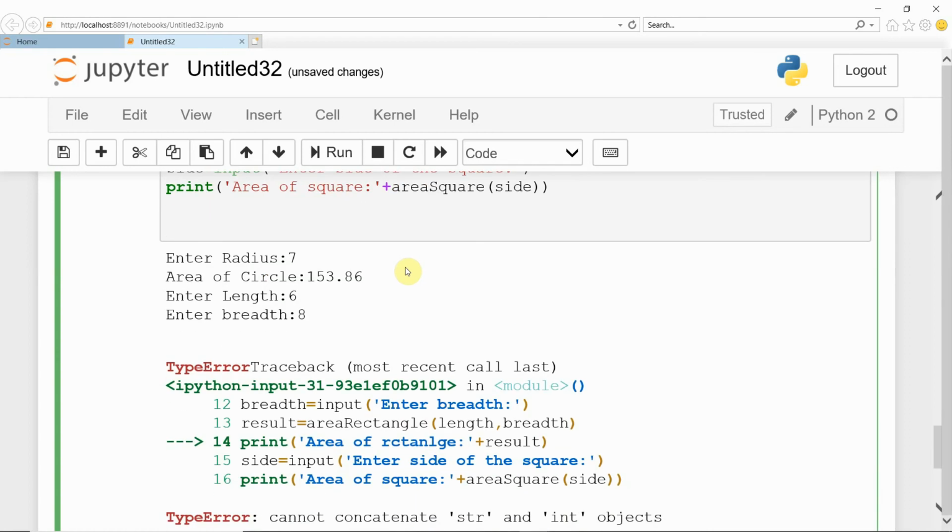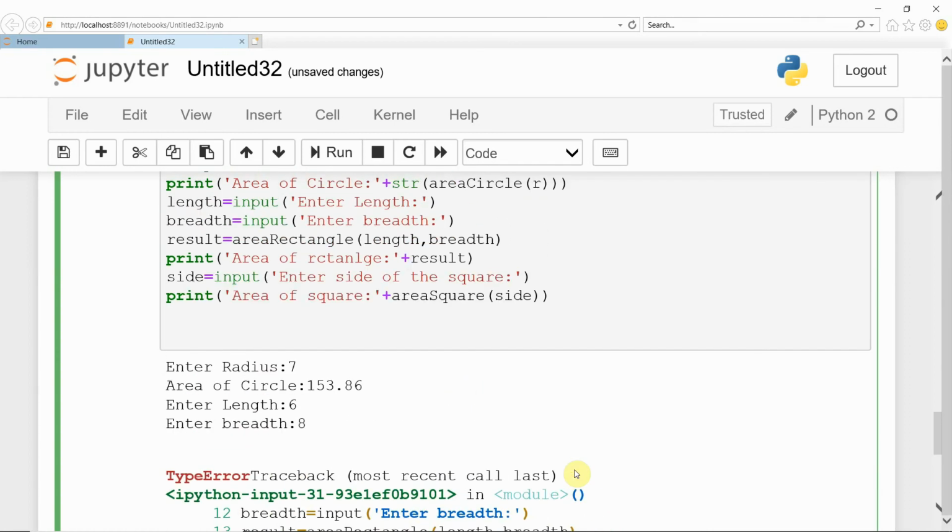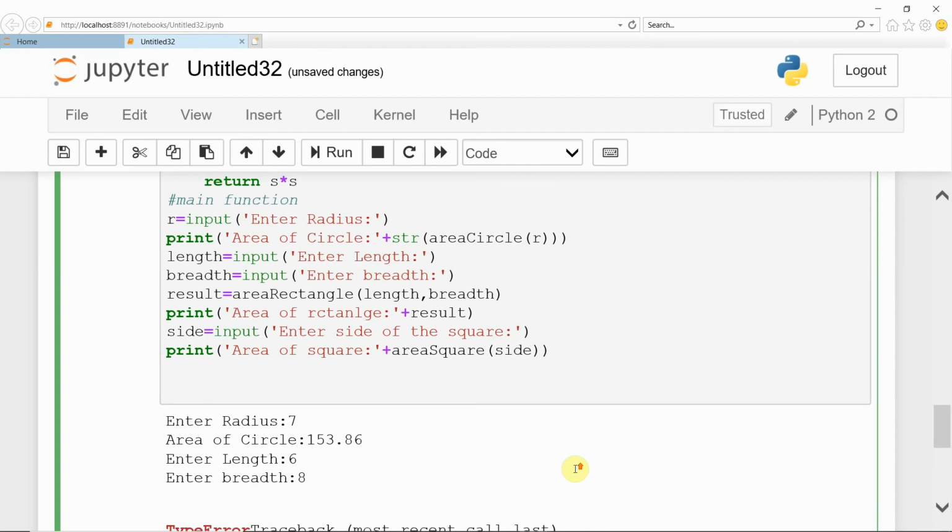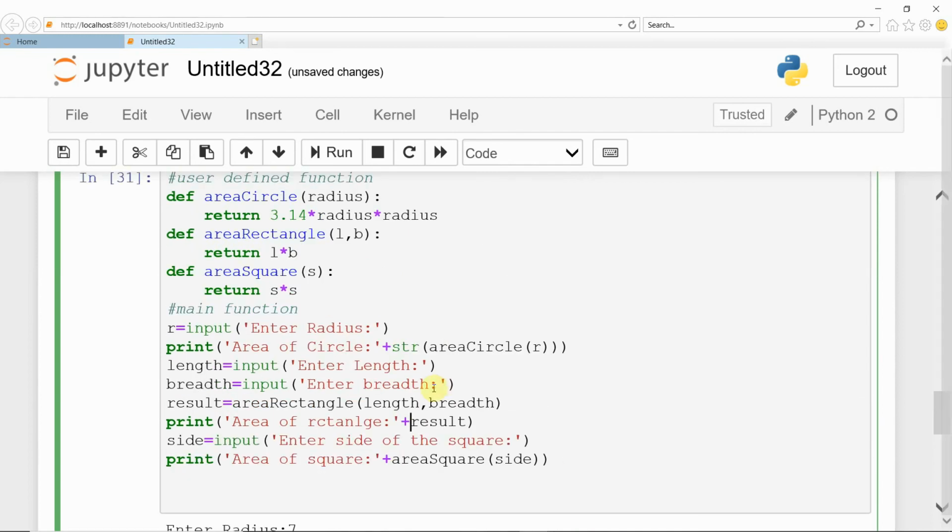Because it is not converted, it is displaying the error message. Now convert integer into string by using the str function. You can convert float to string also.